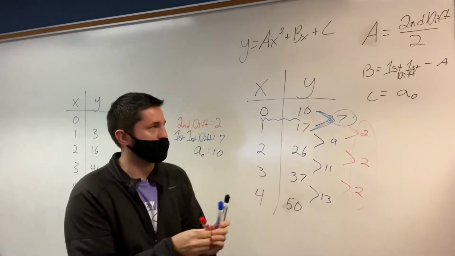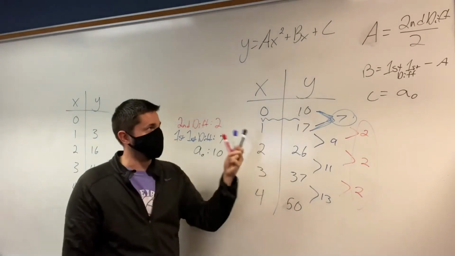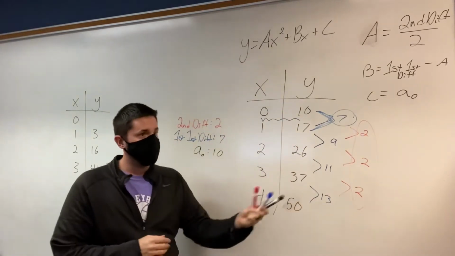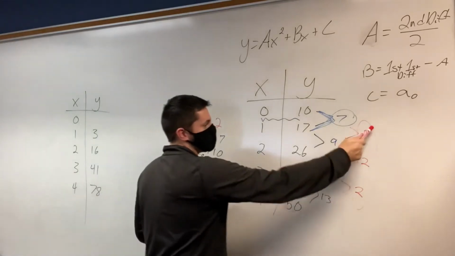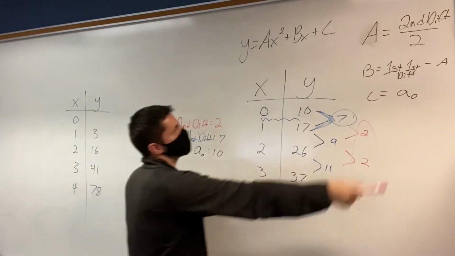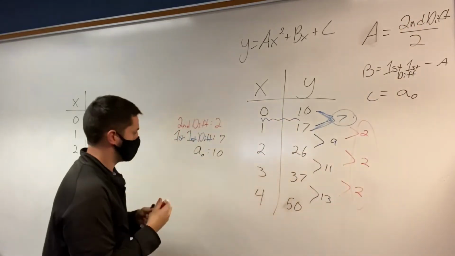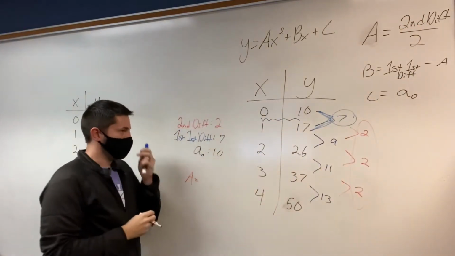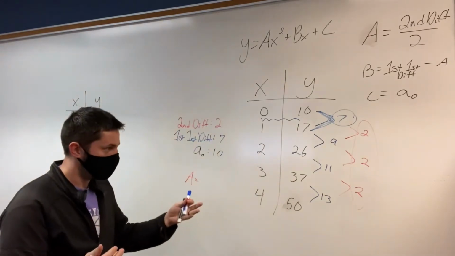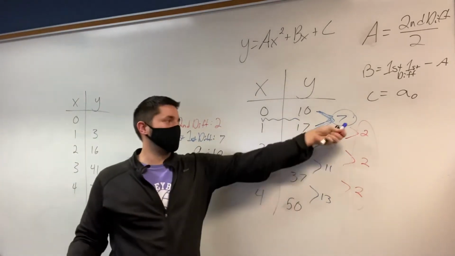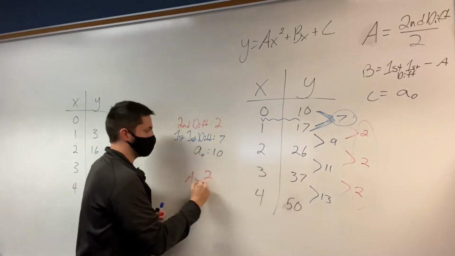A, probably a good place to start from. What color marker should I use to find A? Red, because red is the second layer difference. A is the second layer difference, and then you just do something to it. So A is, what is my second layer difference? We've already said that it's 2, and you can see right there that it's 2. It's 2 divided by